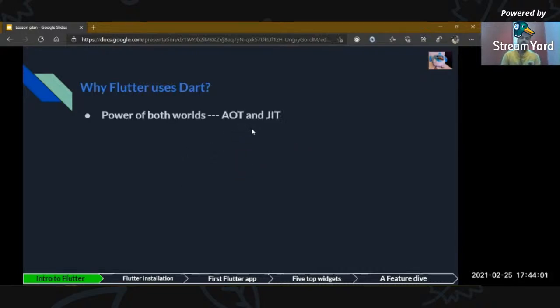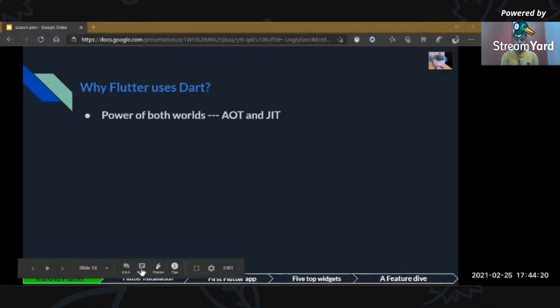So why Flutter uses Dart: you will get to know about it. The power of both worlds, AOT and JIT. You have heard of the JIT compiler. Now, what is AOT? AOT is the ahead-of-time compiler. Dart supports all the features of both types of compilers.